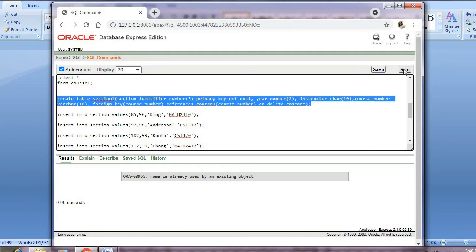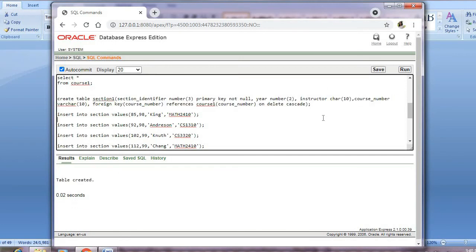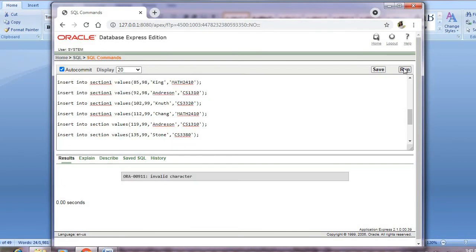So now I'll run. Now we created a table. For that I have to insert the values. Everywhere I have to change the name also. Section 1 I have used, so I'll be making use of section 1. Now we'll try to insert the values. See here, you understood what is the error I made. There I had given the table name as course 1, but I had used it here as course. That was the error. I want to show you everything with the errors, so I am showing you what kind of errors come and how to rectify them one by one.